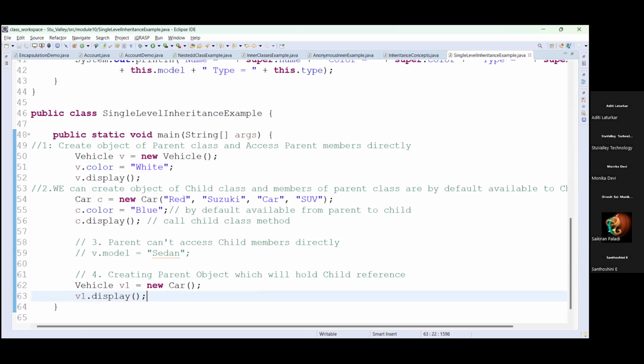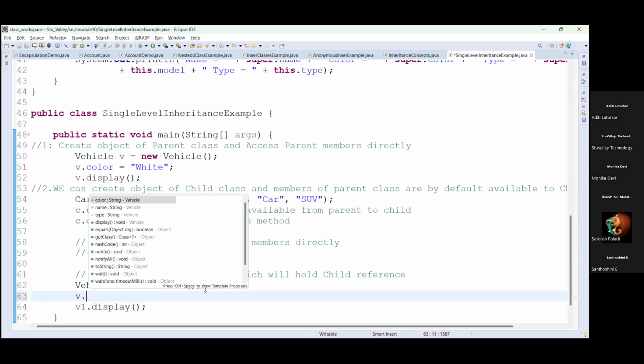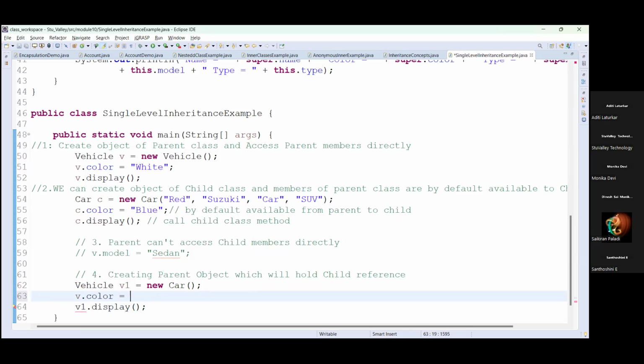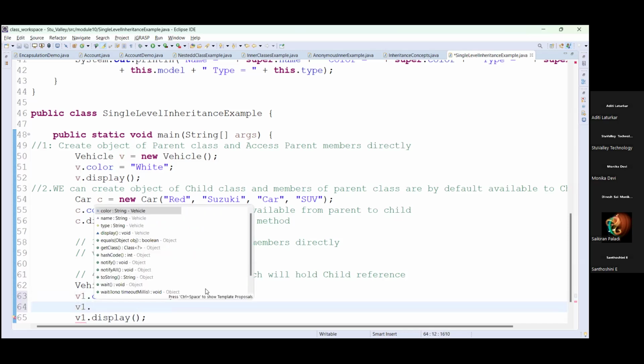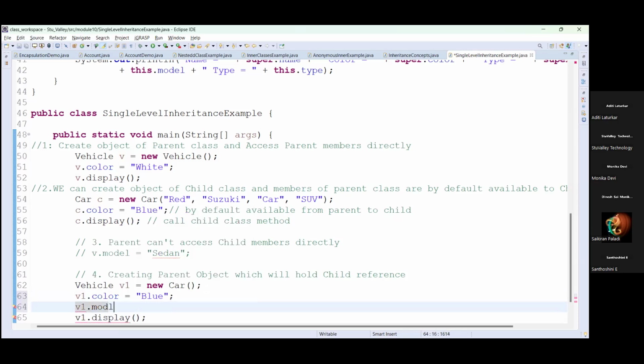We will see which is accessible and which is not. Here, I will try to access v1.color. Okay, I'm changing the color to blue. And through the v1 object, I'm trying to set the value of the model,